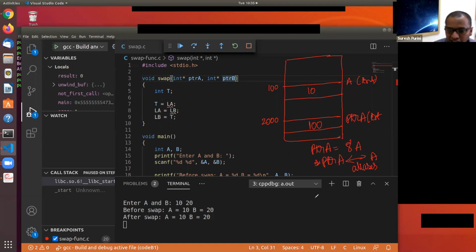When we access A, what do we get in an expression? Let's say x is equal to some expression, and here we use A. What will be the value of A that we get there?